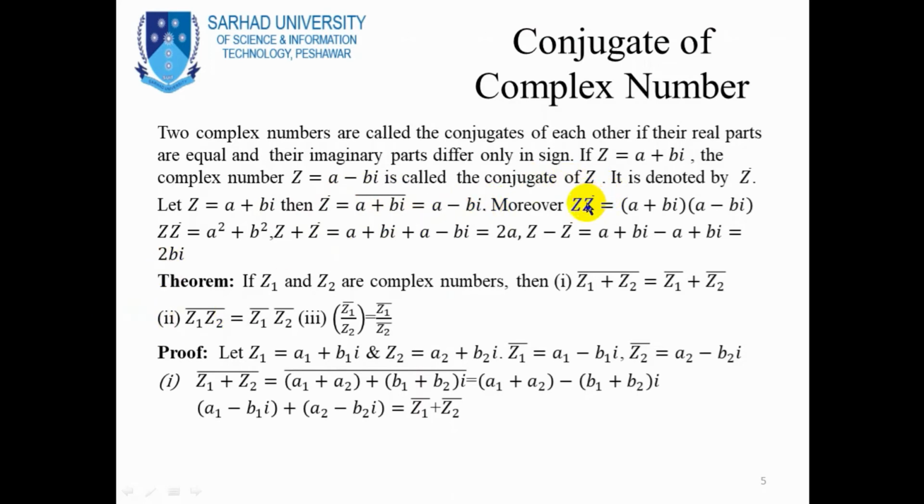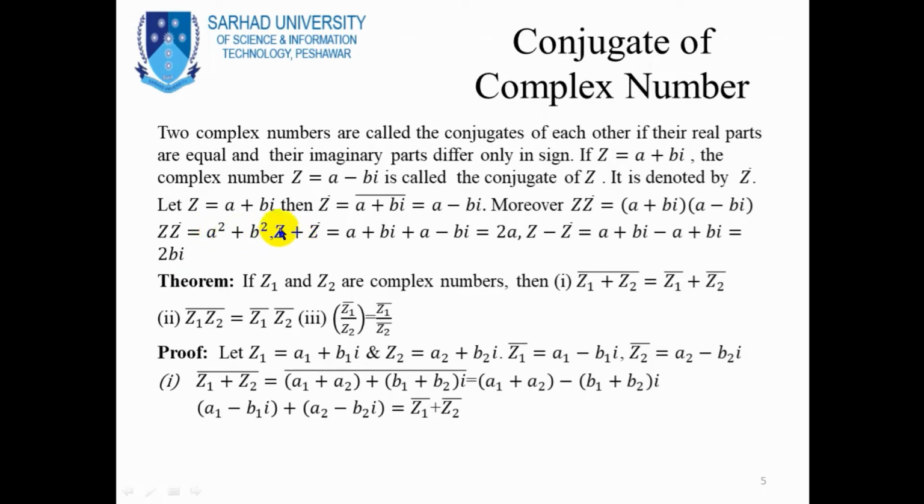Now the product of a complex number and its conjugate gives a result in the real part, like you see over here. Multiplying z and its conjugate, we obtain (a + ib)(a - ib). By using the formula a² - b², we obtain a² plus b², because a² as it is, minus (ib)², i² is equal to -1, so minus minus becomes plus, and b² as it is. So a² + b² is a purely real result. So the product of a complex number and its conjugate gives a result in pure real form.